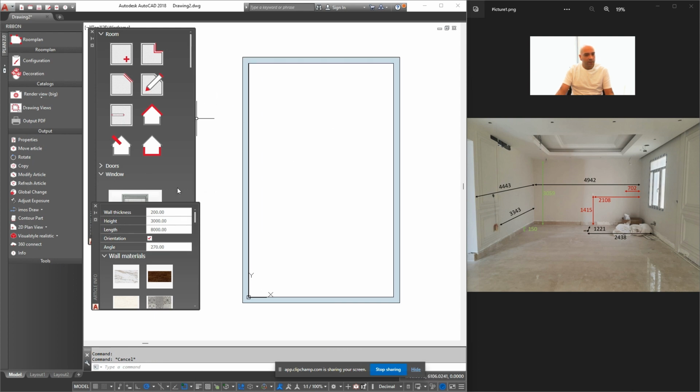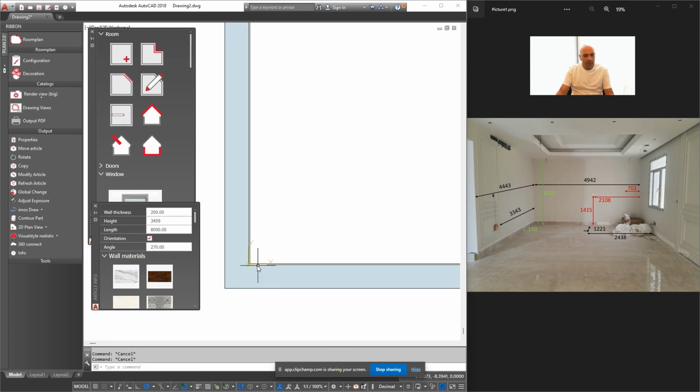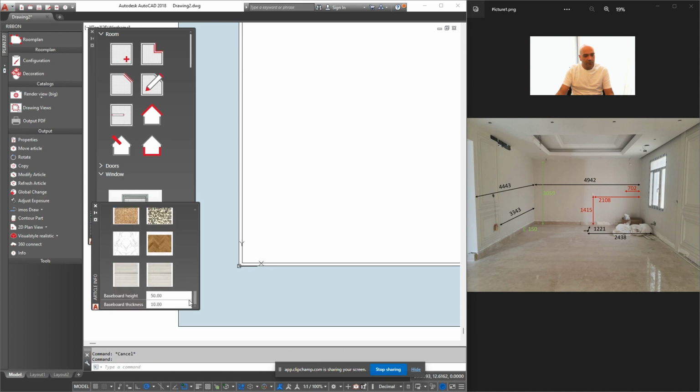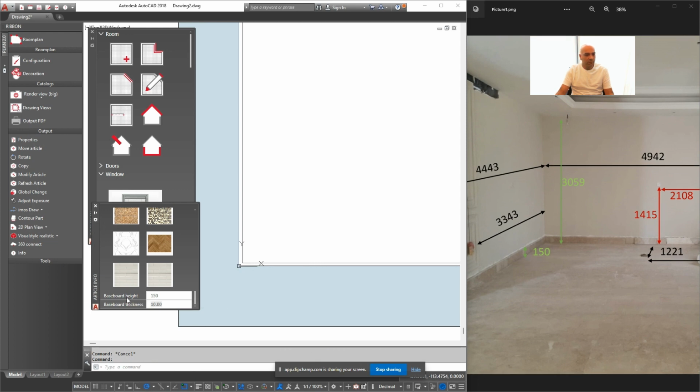And in this area we have a height of 3 meters and almost 6 centimeters. I will make it a little bit higher, like 3.4, because I want to apply a ceiling on the top later. I will select the material for my flooring. I will adjust the skirting height. It is here 150,